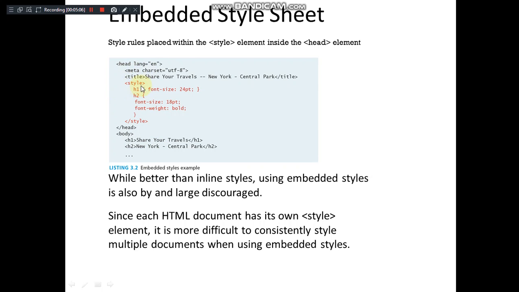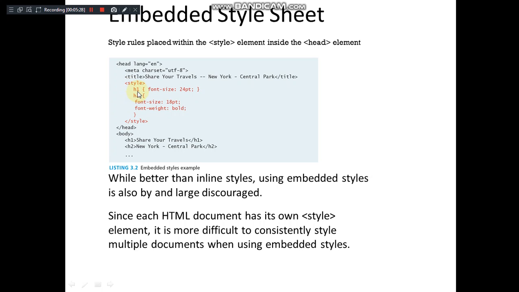So what you are supposed to do is include the style tag inside the head section of the HTML document, which appears before the body tag, in which we usually write the title tag. So after the title tag we have included the style tag. You can observe here it is shown in red color.